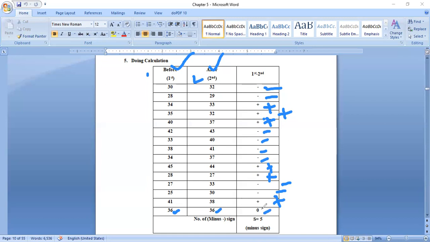So we got 0. This is very important. We are doing a paired sample sign test, also called the two sample sign test or double sample sign test. Here all these first numbers are compared with these numbers only, and we are taking the plus and minus sign symbols here.